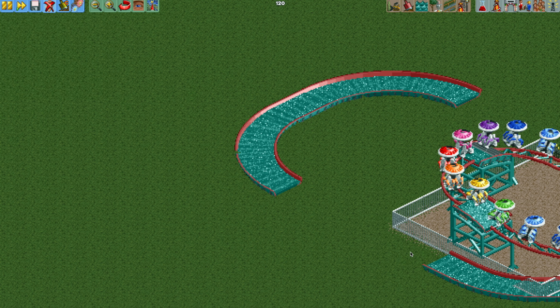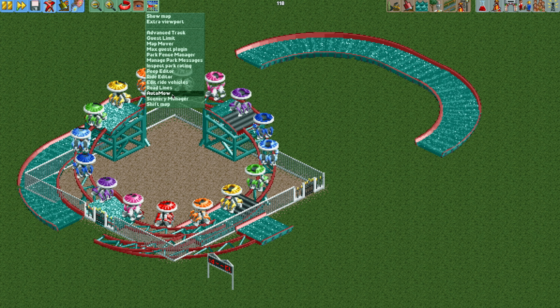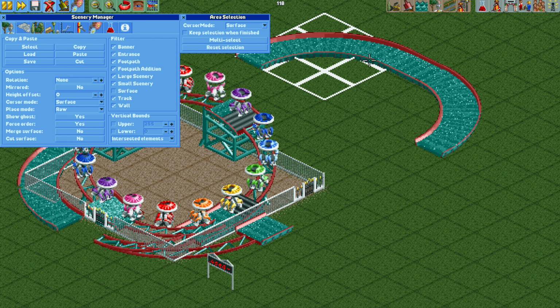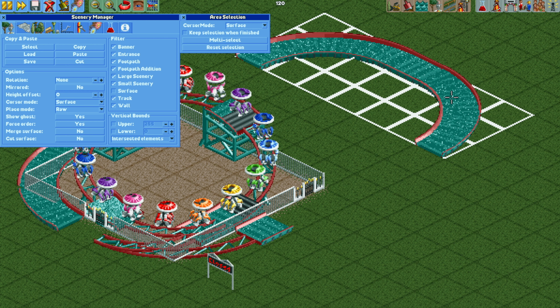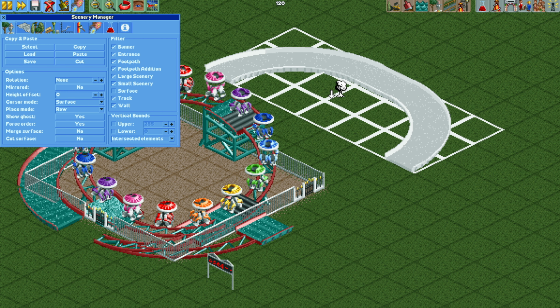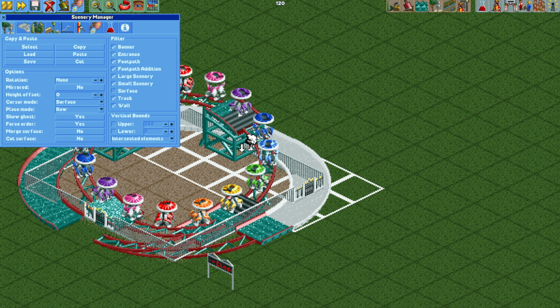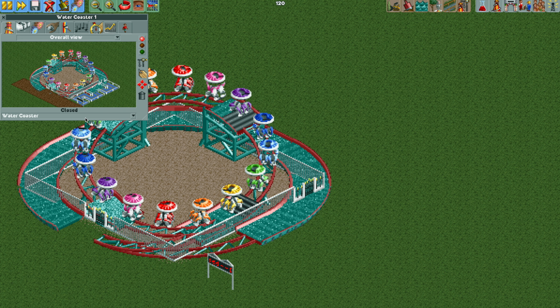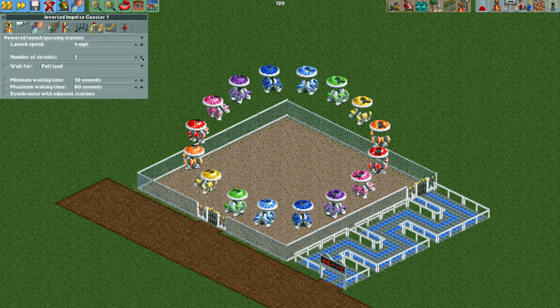It is the Scenery Manager plugin, and the link is in the video description. And you just want to turn off surface here, and we have it on raw mode, and we're going to select just this curve here, and then we will hit the cut button, and we can just move it into place and paste it. Again, you only want to do this when the ride is closed, obviously, and then we can reopen the ride, and we have a much shorter circuit. Set it back to the inverted impulse coaster,